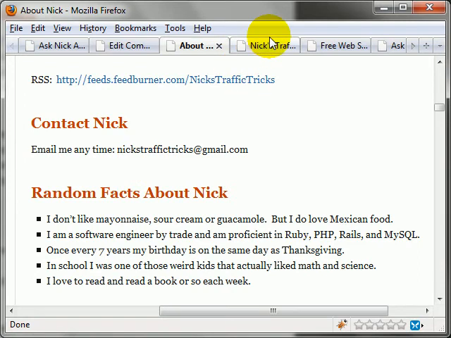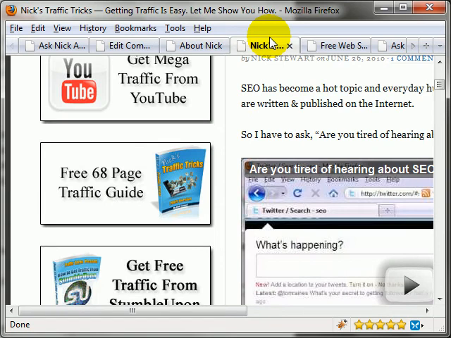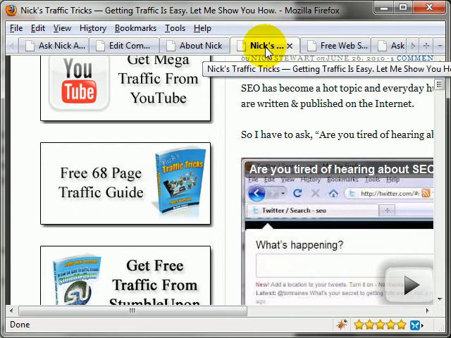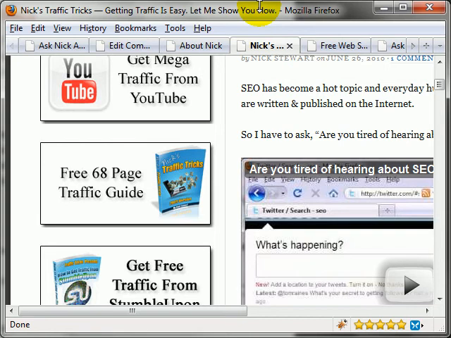Now, the next thing you can do to get people to register is give them a reason to register. If they're getting all that stuff for free on your blog without registering, then what incentive do they have to register? So you can put some sort of incentive to register. For example, I have an email list, and I have an ad on my blog that says, hey, get a free 68-page traffic guide.